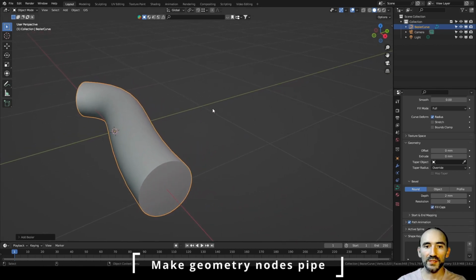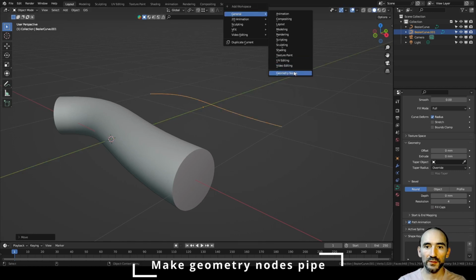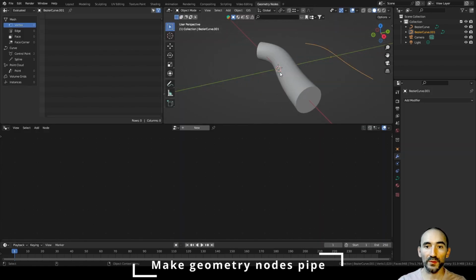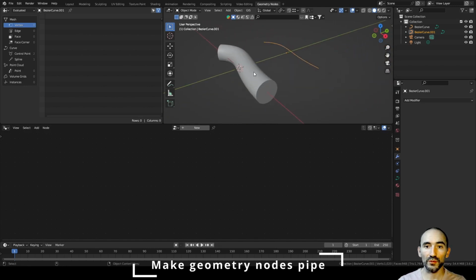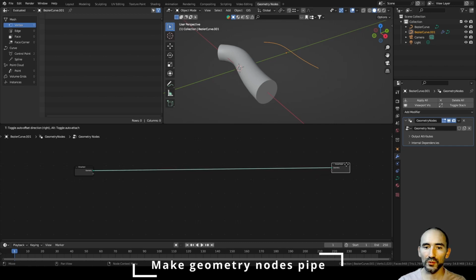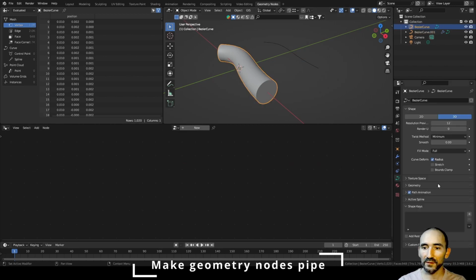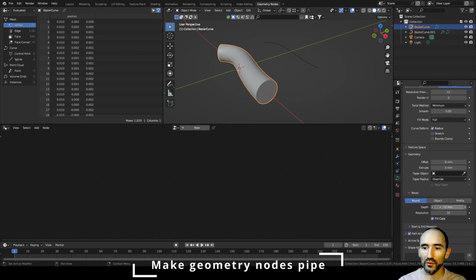If you want to have the same result with geometry nodes, it's an optional method. You can create another bezier, shift it on the Y, go to plus, general, geometry nodes. You can jump to the next chapter if you want to skip this. Create a new geometry node. This is not the trick that I want to show you for this tutorial, it is only another method to create the same effect. If I select this previous geometry and go here, I have 2 mm of depth, and